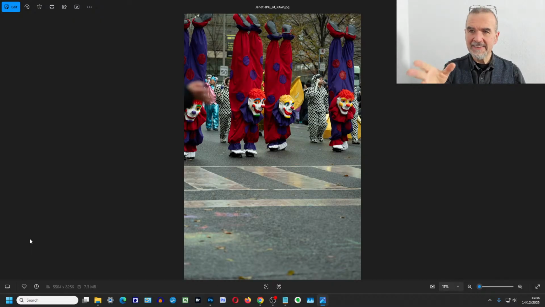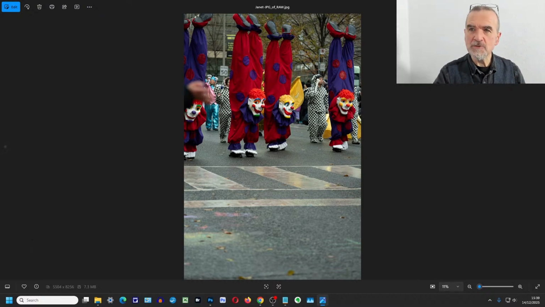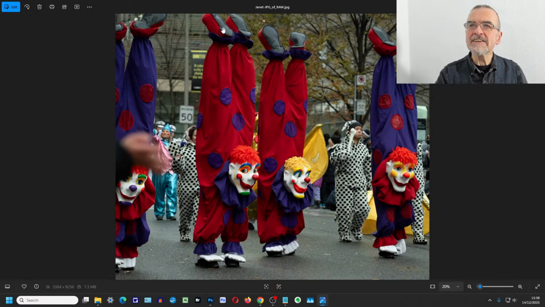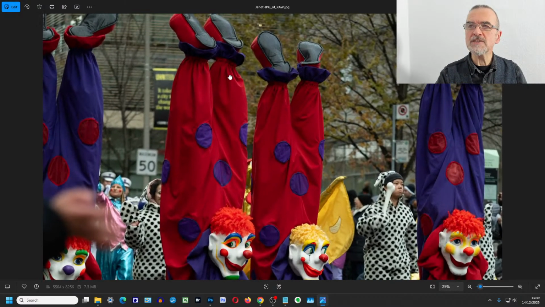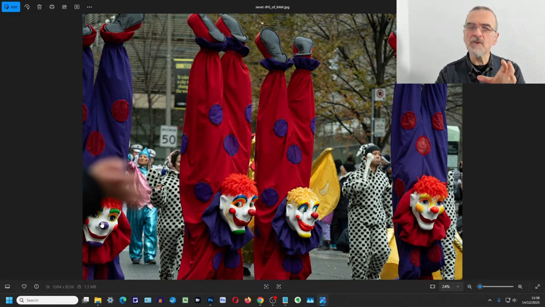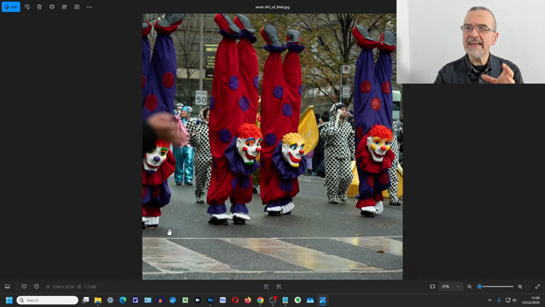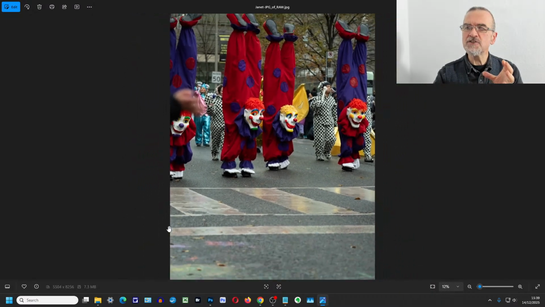So with something like this, you are either needing to be wider, because part of the problem is we've cut people off, we've cut this one off at the end. On top of that, you've got a lot of road in front of them, but you've cut the top of the feet off as well. These feet here are fine. This one's cropped off. This one's cropped off. This one's halfway cropped off. This is so cropped that it feels like it's just a bit too cropped.